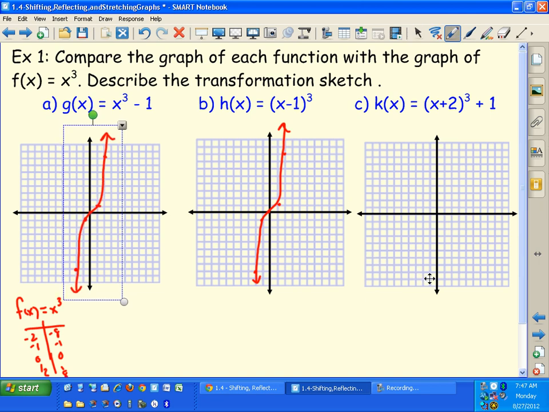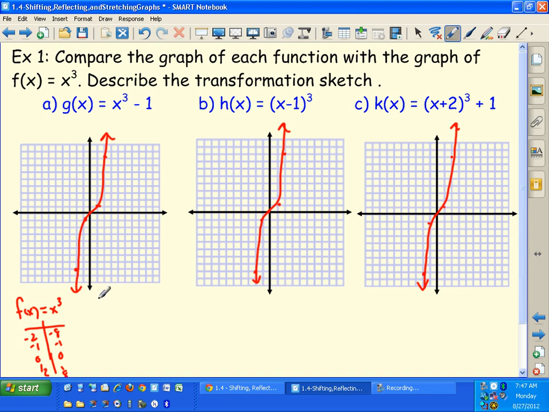So now that I have all the parent functions here, we should be able to see what happens when we change them, when we do our transformations on them. All the transformations will be done in blue to get a different one. And now if I was to set up a little table